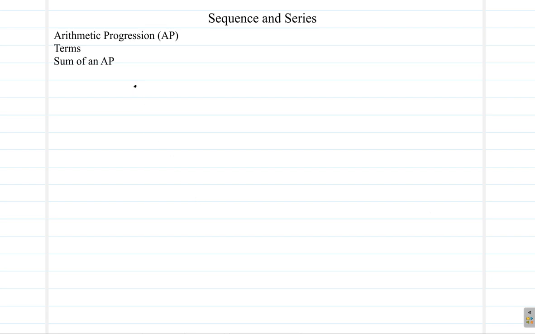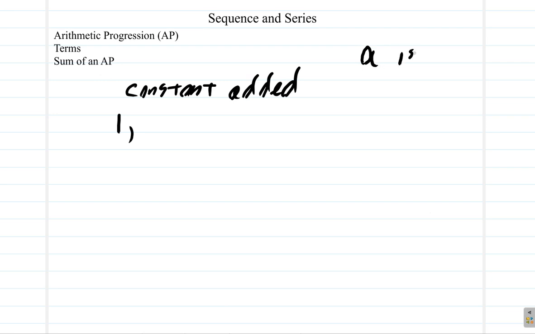Alright? So, you add a constant to the previous term. An example. You might start a term with 1. Now, that first term generally is referred to as A. Now, in this case, A, let me rewrite that, kind of look like D. A is the first